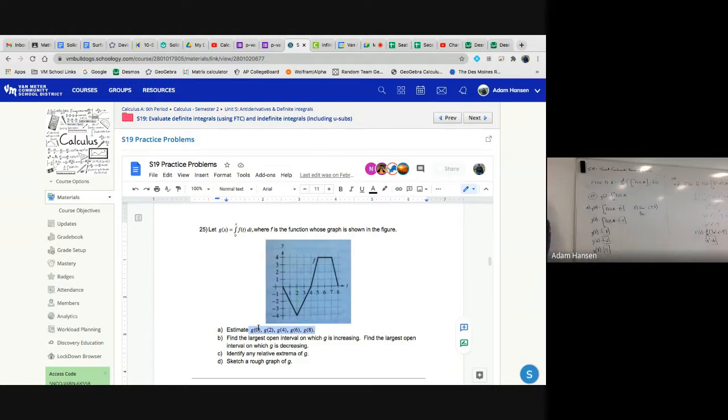Or would it be decreasing? From 0 to 4, I'm accumulating the area of a region below the x-axis. Am I increasing from 4 to 8 and decreasing from 0 to 4? What happens at 4? Where it changes from decreasing to increasing. If a function goes from going down to going up, what has to happen on the bottom? That's called a